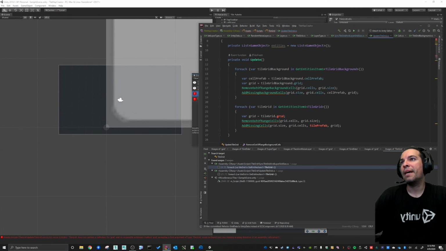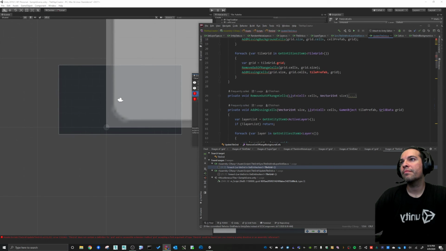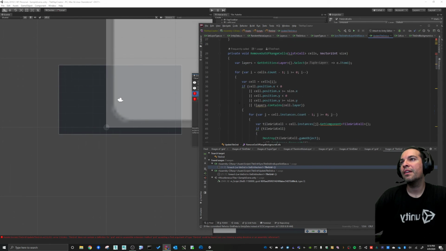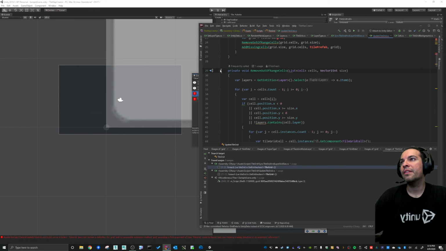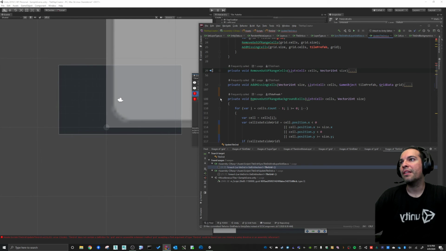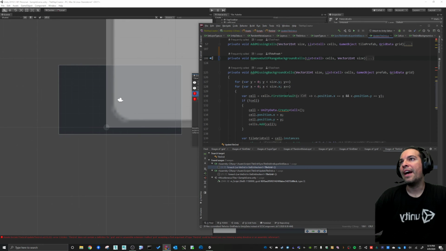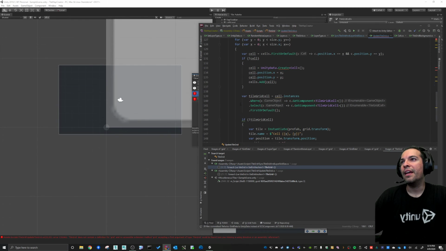Add missing background cells. Oh damn, I think that was for the... oh no, I was doing the right one. I'm just gonna collapse all of this. Alright, so we handled the remove one. Alright, so add missing background cells. So if there's not a cell that has the XY position, we're gonna go ahead and create the cell, add the XY, and then